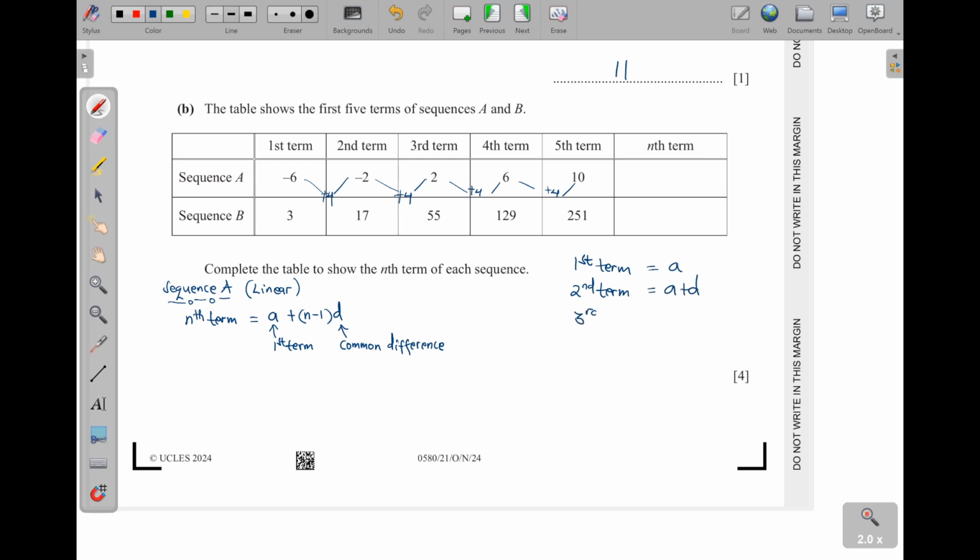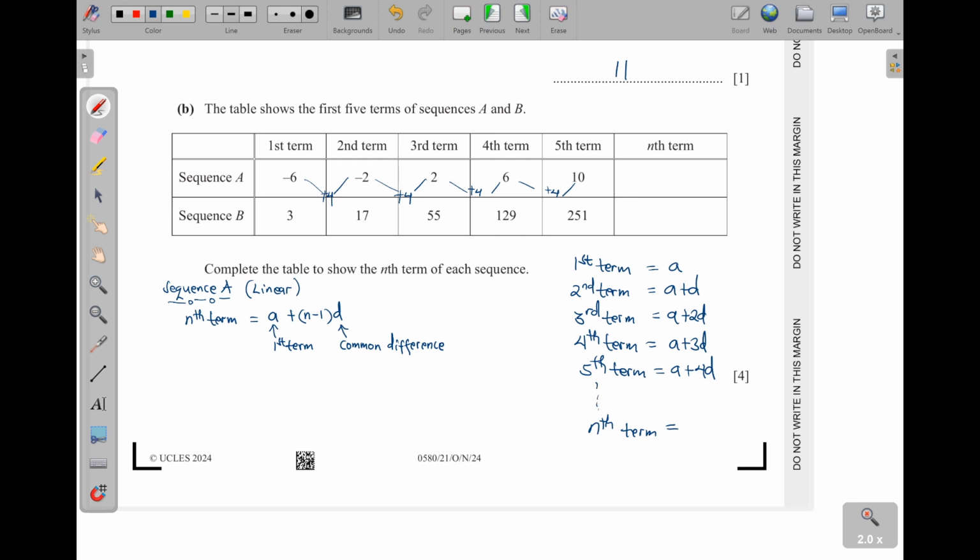Then the third term is going to be now a plus d. Then now add here a d. So when you add a d there, you are going now to get a plus 2d. Then the fourth term is going to be a plus now 3d. The fifth term is going to be a plus 4d. You see that? Now, the nth term,